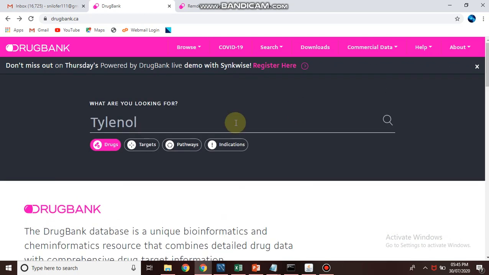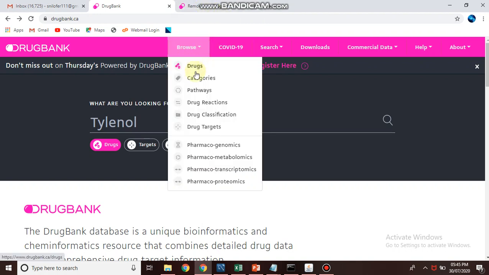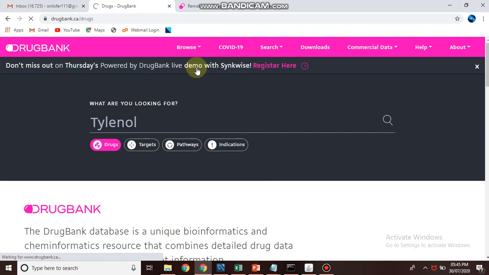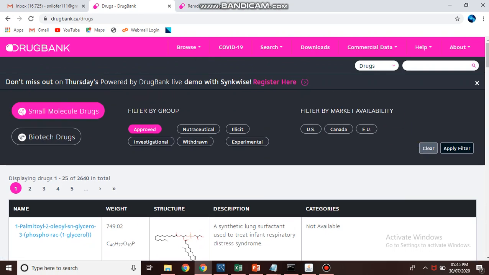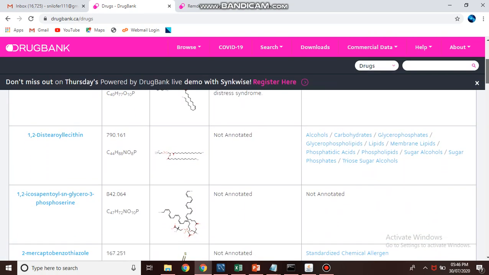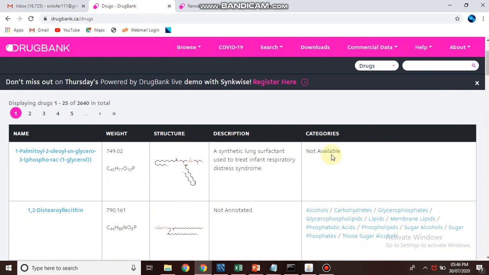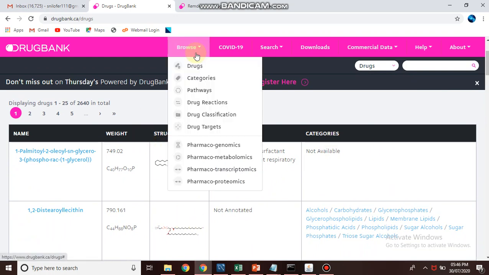Okay, so I will show you how to search here. You can even browse from here if you want to browse the drugs, if you don't know the drug name. You can browse by the type of pathways, the drug classification, drug targets.